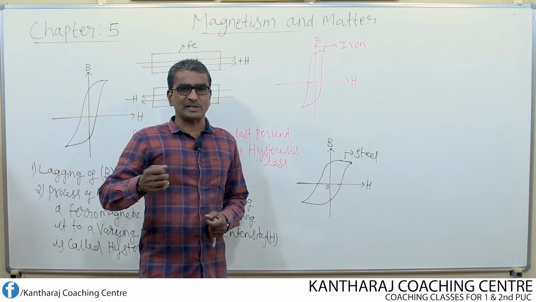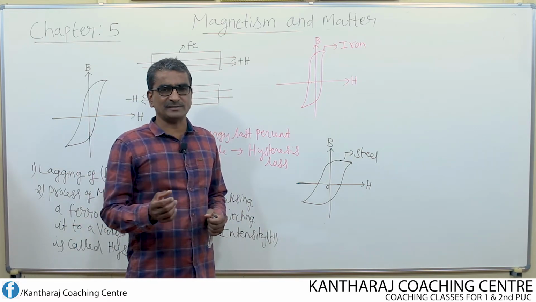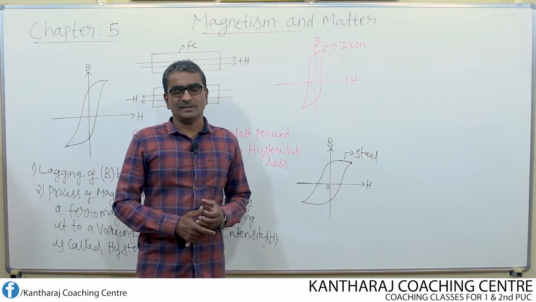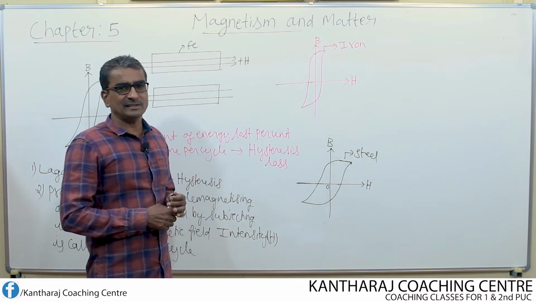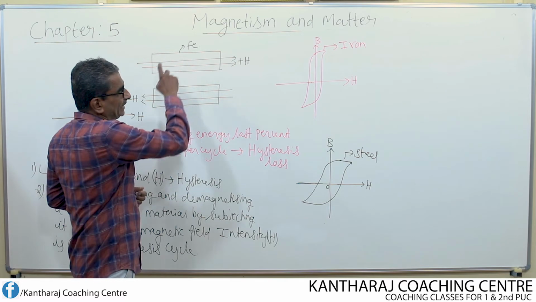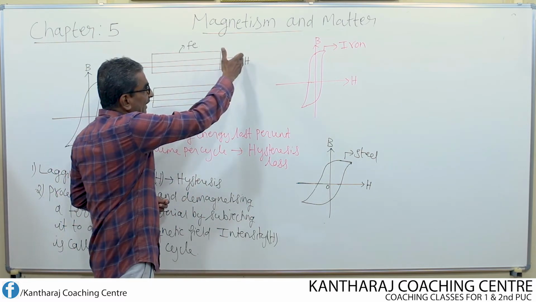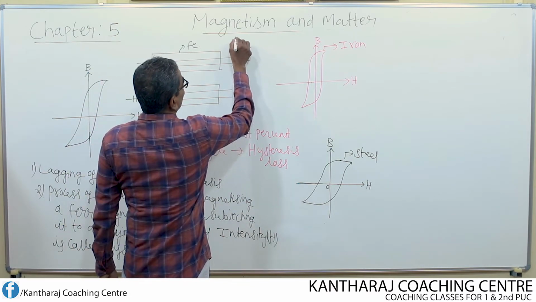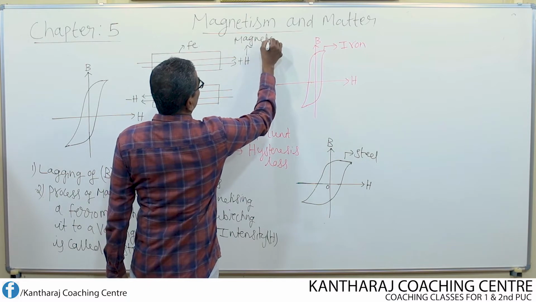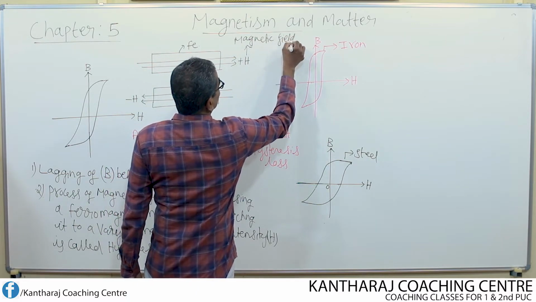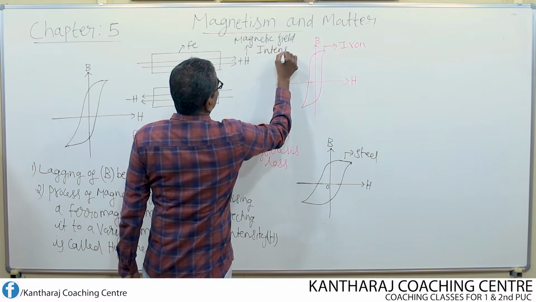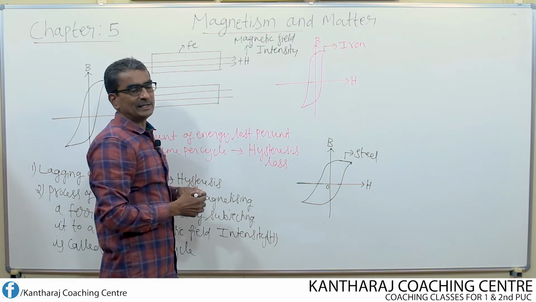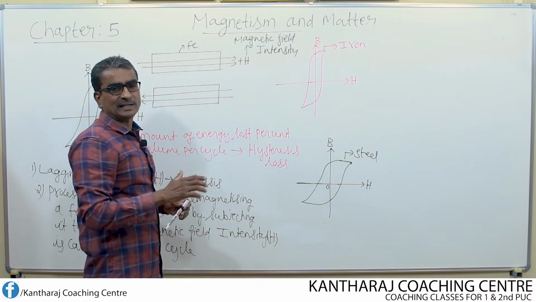In our last class, we studied what is meant by hysteresis, hysteresis cycle, hysteresis loop and hysteresis loss. So what is meant by hysteresis cycle? Suppose a ferromagnetic bar like iron is kept in a varying magnetic field intensity. What is H here? H is known as magnetic field intensity, or simply magnetic intensity. If I keep this bar in a varying field, that means the magnitude of H keeps varying. In such a field, if an iron bar is kept, then after some time what happens?